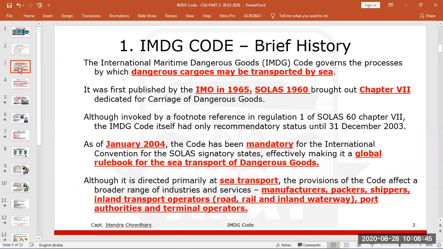So we know that IMDG code carries all the dangerous goods transported by sea and mainly in package form. It was first published by IMO in 1965, and SOLAS 1960 brought out Chapter 7 dedicated for carriage of dangerous goods. So as per SOLAS Chapter 7, this carriage of dangerous goods, IMO brought out the details of dangerous goods in 1965 in the form of IMDG